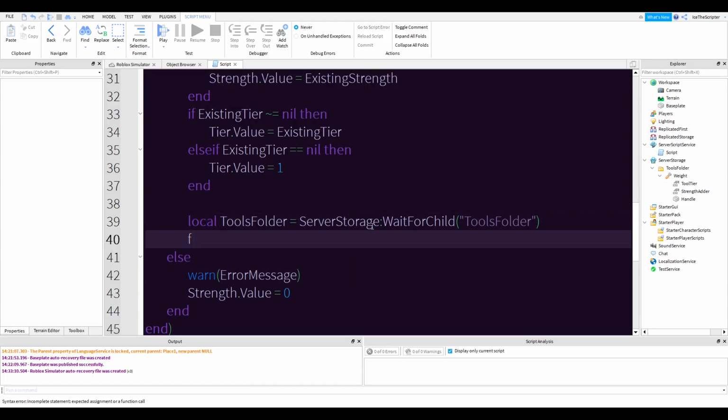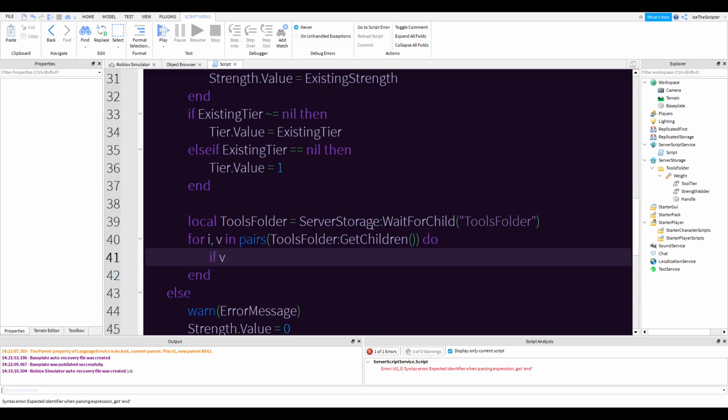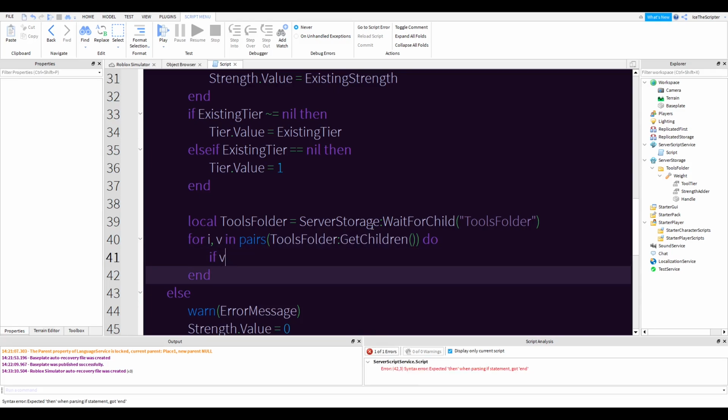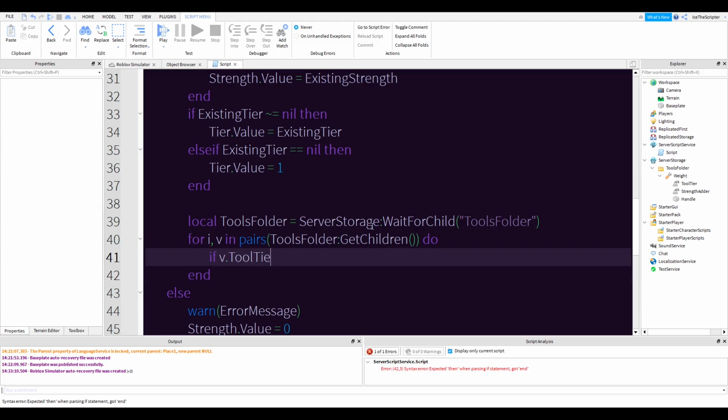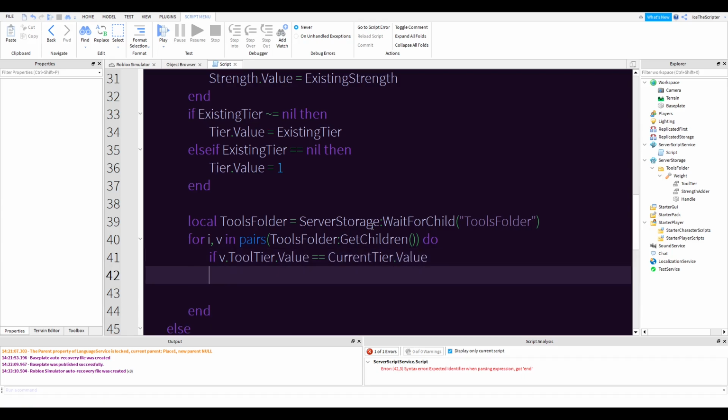Okay, so let's make a for i loop. For i, v in pairs, tools folder:GetChildren(). If v.Value, if v.ToolTier.Value equals our player's tier value, so CurrentTier.Value, then